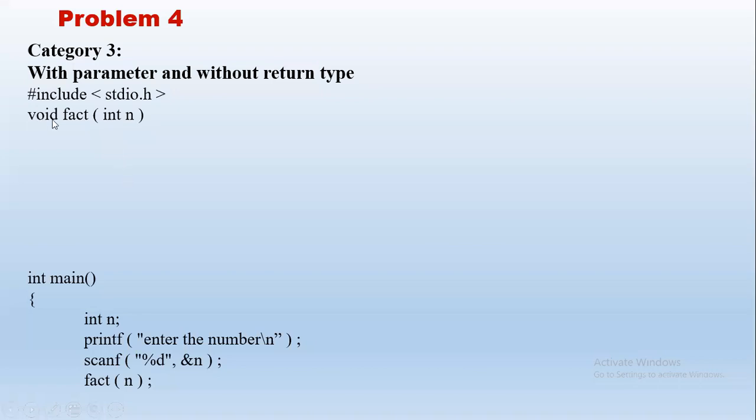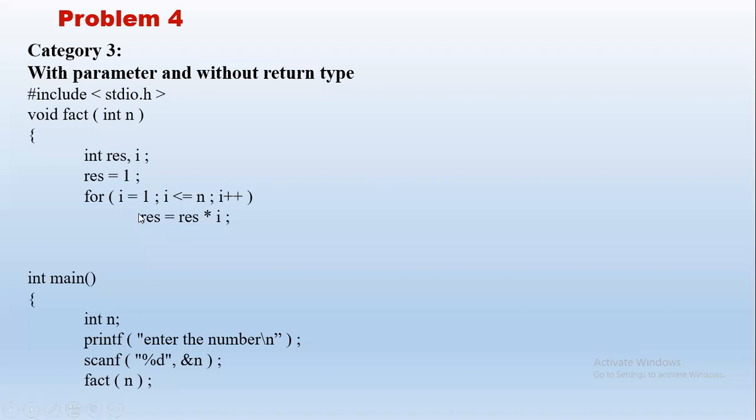And here void is there. That means this function is not returning anything, right? There is no return type, so we mention void. The logic is the same. We have taken res, but since we know the n value, we need not take input here, unlike the other problem. We already know what n is, so we have passed it in the function. Say we give 5, it has been passed here. Note that from the actual parameter, it gets copied to the formal parameter. Again, this n is different from this n. It may be stored in different memory locations. So it is 5.